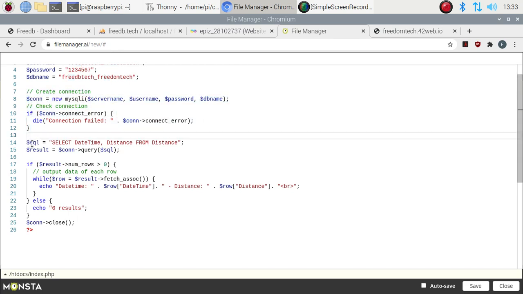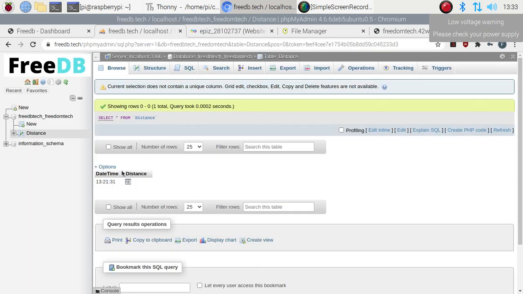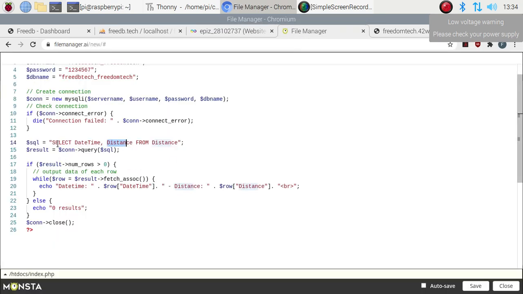After that, you have to change the SQL, which is equal to select date time and distance, basically these two fields. As you can see, I have mentioned the date time and distance fields here. If you want to use your own data, you have to mention your fields from here. Just select and mention your two fields.